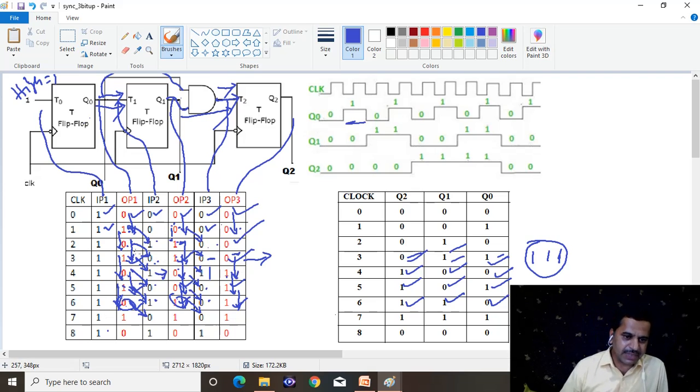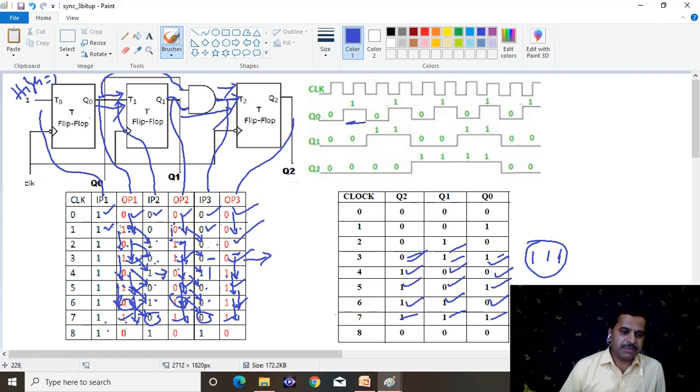Now at the end of the 7th clock pulse, when applied here, again it changes the state from 0 to 1. Because of the 0 here, there is no change, it becomes 1 to 1. There is a 1 to 1 transition, that means there is no change here. It changes output only when input is 1. So now we have to evaluate, that is 1, 1, 1. After the end of the 7th clock pulse, we are getting 1, 1, 1.